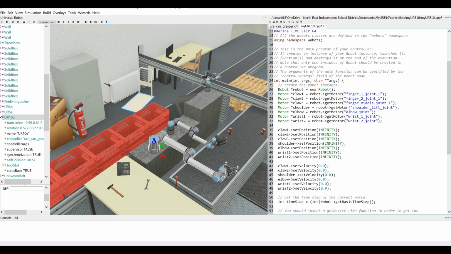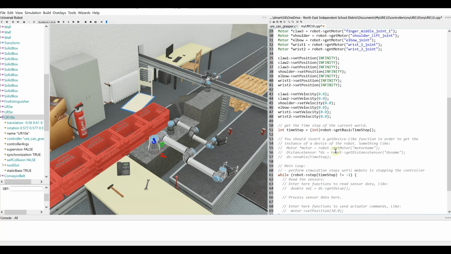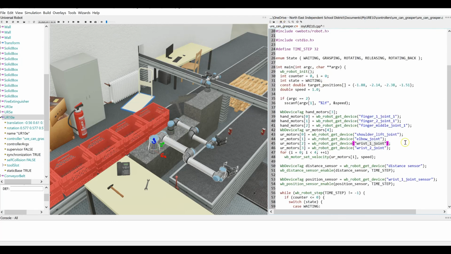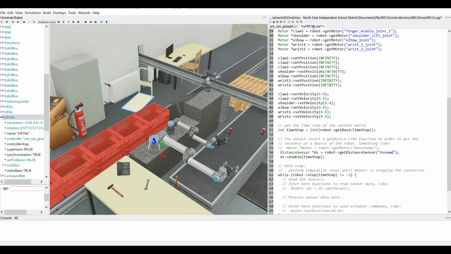One thing we need to do is set up our distance sensor. So I'm going to copy and paste something that I have from a previous one. Actually, you can just uncomment this. Those lines of code are already provided for you. For the distance sensor, if you look closely, it's called simply distance sensor. So let me go ahead and put that in there. Alright, so for time step though, we're going